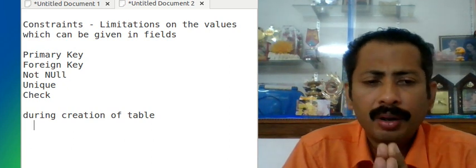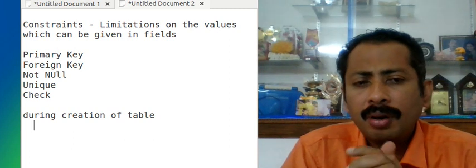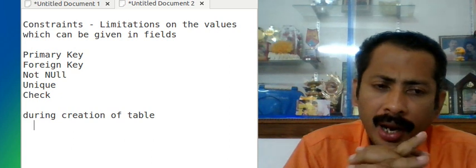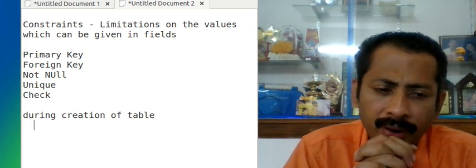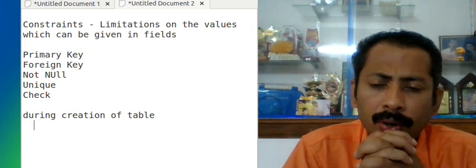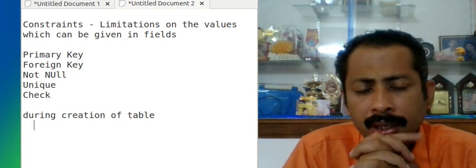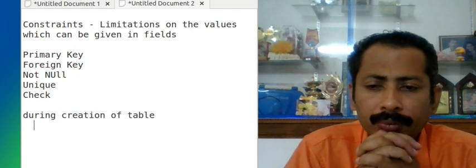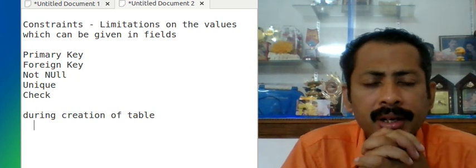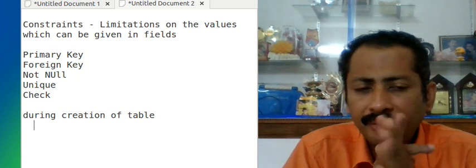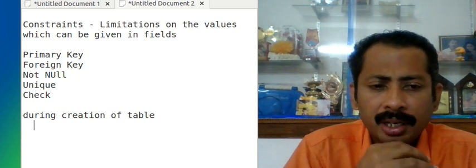While defining the column, we are giving column wise constraints, and this can be added later. If I have a table and I want to add constraints later, then it is also possible to add constraints using the alter command. Alter command add constraint, then you can give the field name and constraint etc.